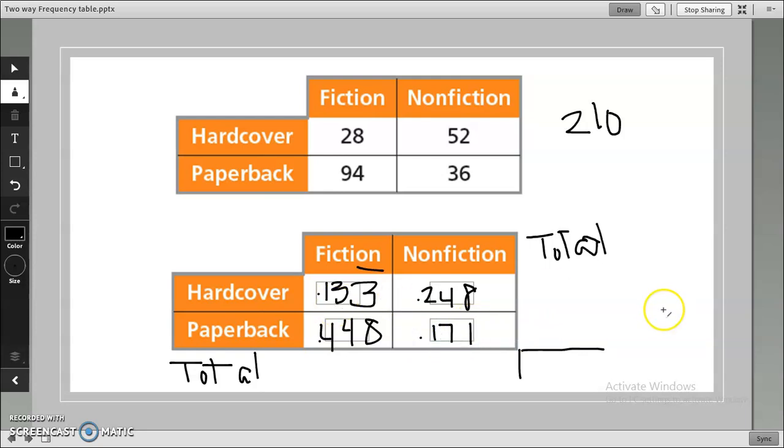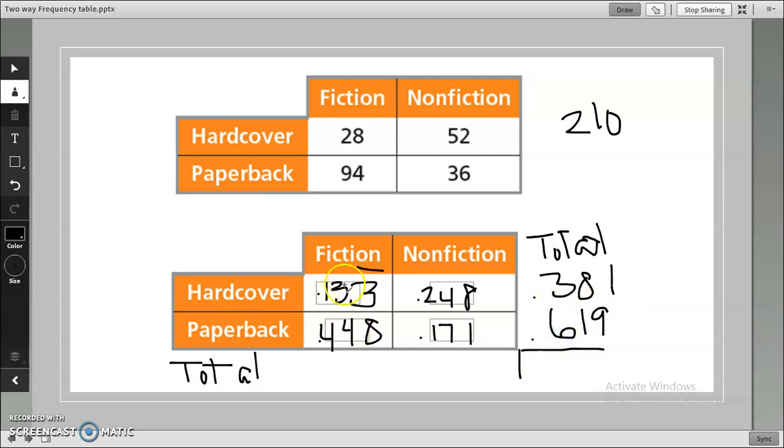0.171. So then I'm going to add them. So that's 0.133 plus 0.248 gives me 0.381. 0.448 plus 0.171 gives me